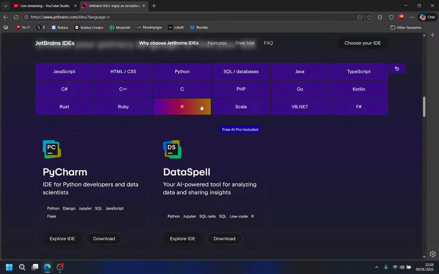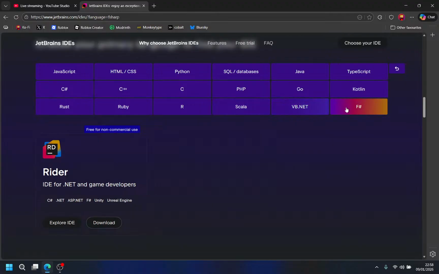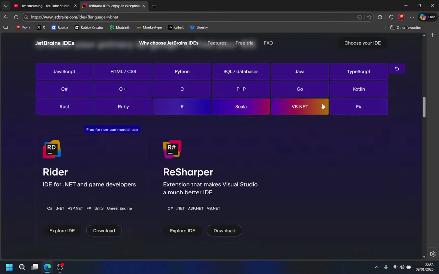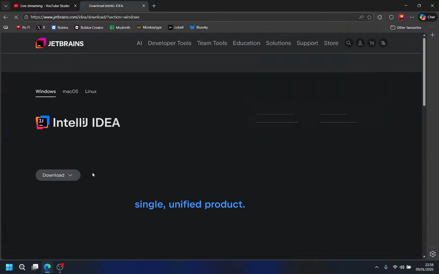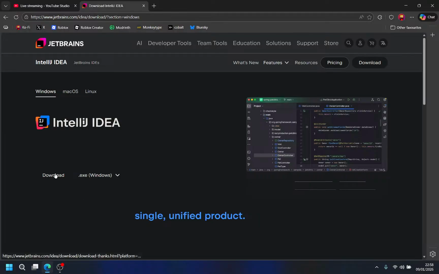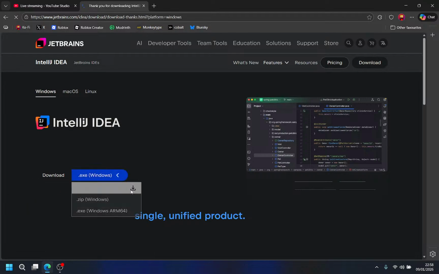It's just a letter. This is PyCharm, so maybe something related to Python because there's R on the display but not on PyCharm. So Scala, VB.NET, and F Sharp. These last four I don't know about. Anyways, IntelliJ IDEA. Don't know for Windows. As an exe, of course.